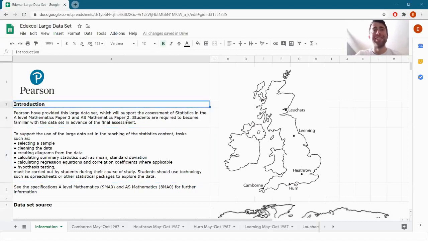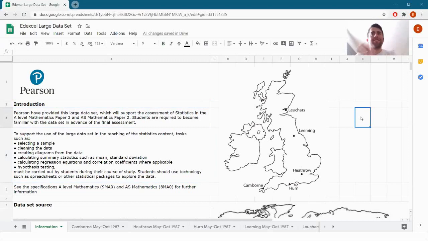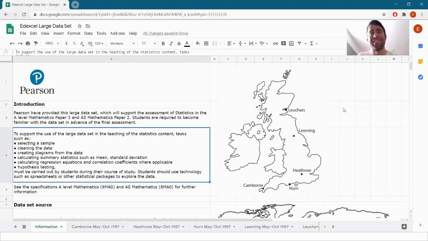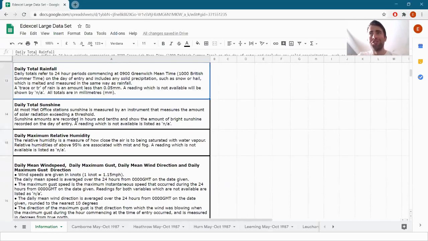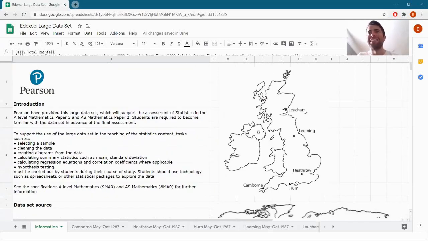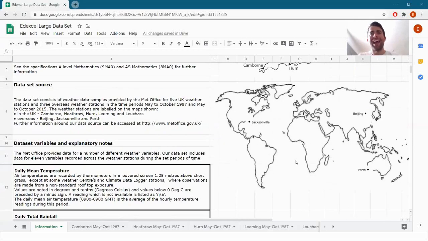Each exam board chooses their large data set to include different things. And Edexcel has chosen to look at statistics about weather, some data about weather. So this is the first page of the large data set, and it describes the sort of stuff in it and the places that are in it. So we've got some data on the weather in these cities in the UK and in 3 other cities elsewhere in the world. Those data are taken from